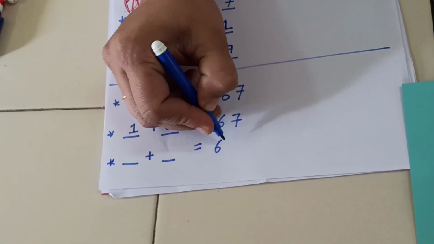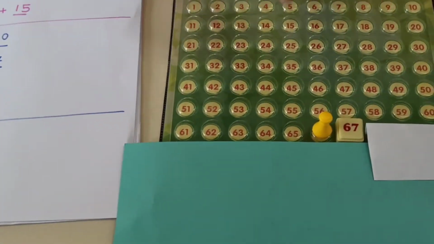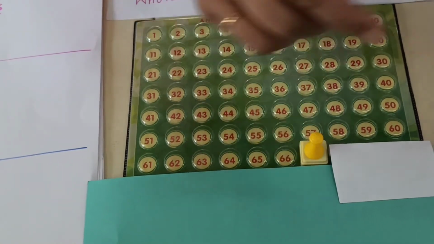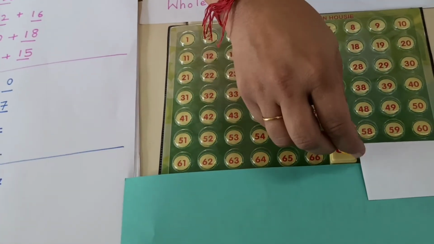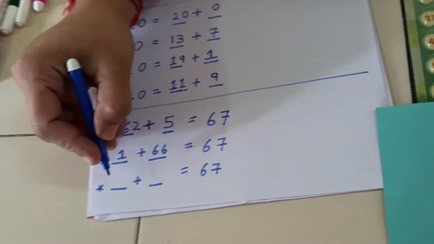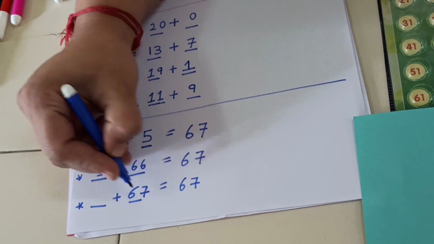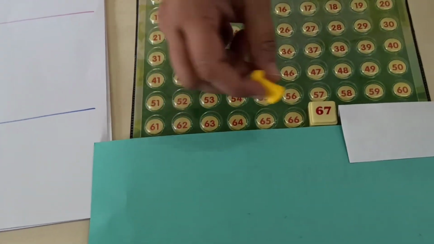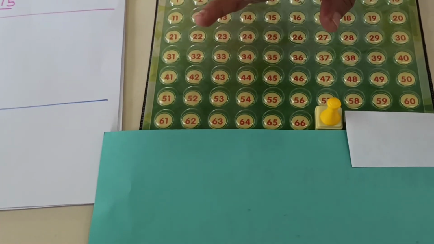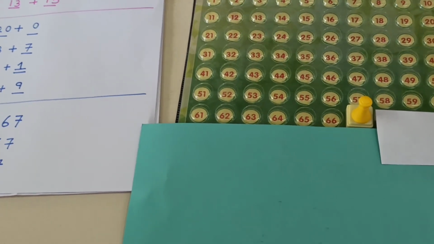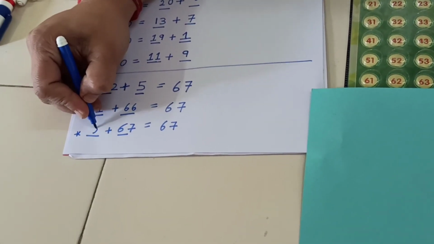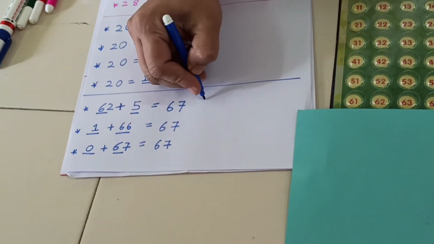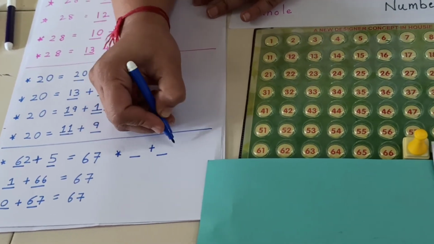So now it's my turn, right? Okay, let's see what you are choosing. Competition. I'm going to keep this on 67 only. So my first addend is 67. Now, as I am on 67 and I cannot move anywhere, that means I'm standing in the same place. Not moving means 0. So my answer here is 67 plus 0 or 0 plus 67. Now your turn, Sheetal teacher. I knew it. You are going to do this only, Neetu teacher.